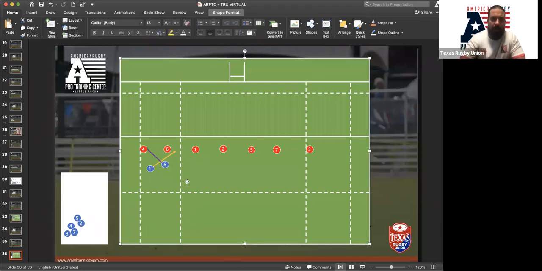So a deeper switch or a deep switch would effectively be, we just come a little bit deeper and we have the one coming here, and effectively we change the angle this way. So now the one can actually move the ball away from the defense. So what we're looking at is, if we're just running a normal switch with the six and the one, and we do it in the gain line on the contact area, that's what we're looking for. We're looking to take it straight to the gain line, looking to take it over the gain line.